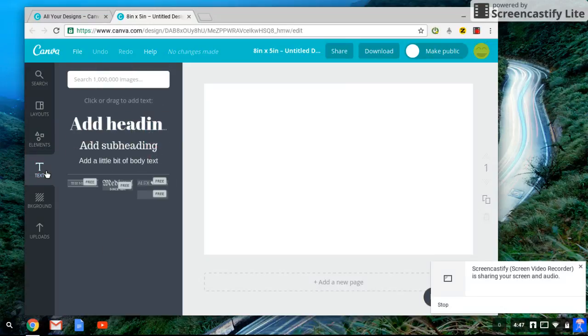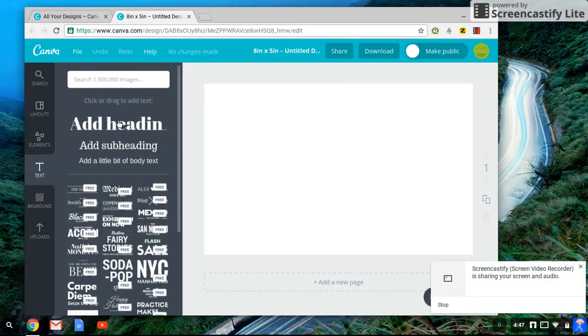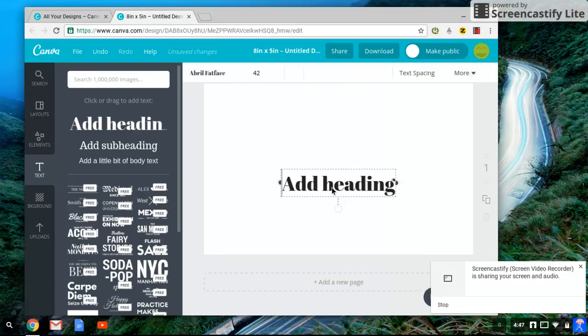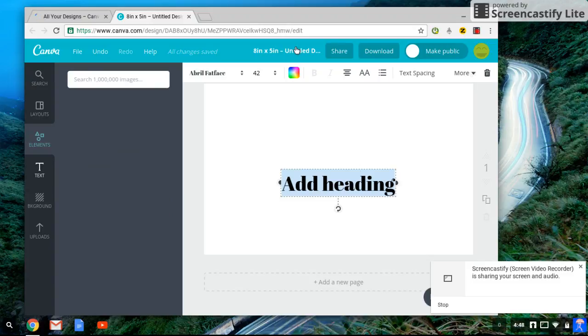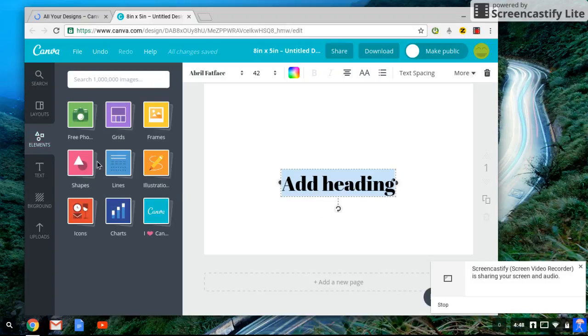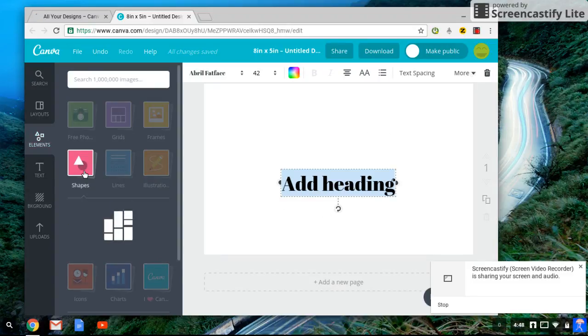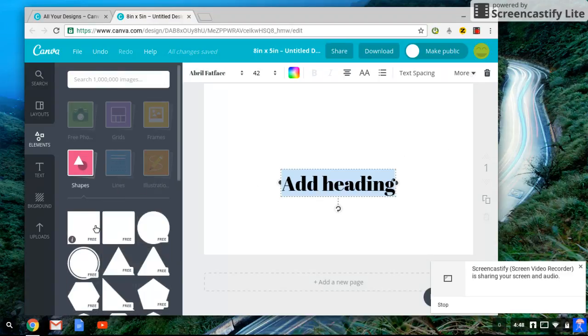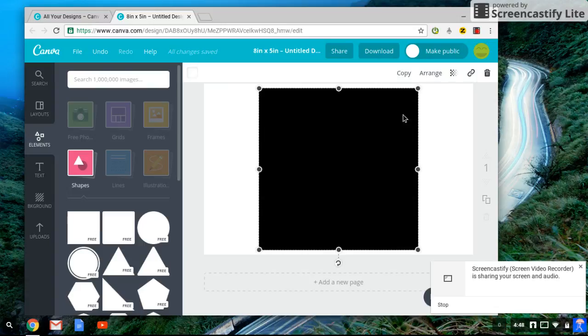Text is going to be really important, especially if you want to add your name. There are just regular letters that you can add on here. And then, of course, once you add it, you click on it and you can edit any of the things up here. Anything you add to your workspace, which is out here, is going to be editable somehow. And each time you click on an item that you bring out there, let me bring out a square. Okay. Anytime you bring one out, when you select it, when you click on it,